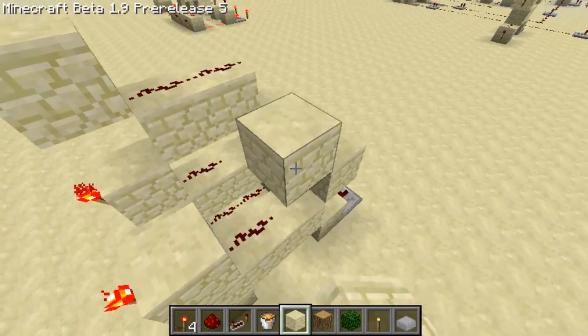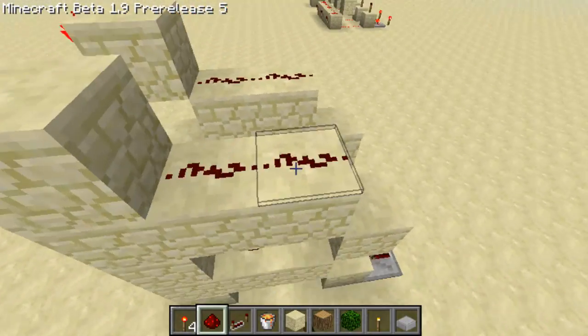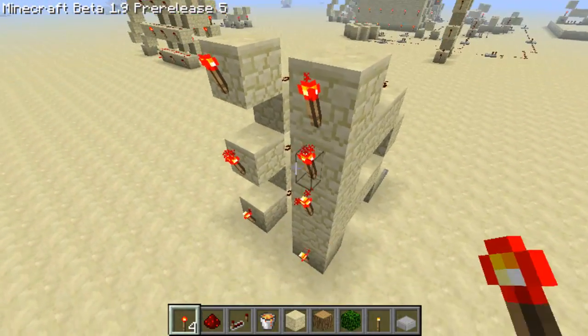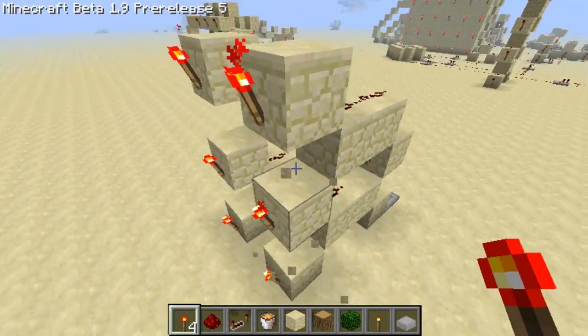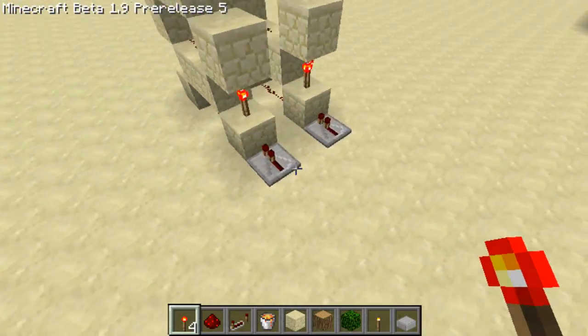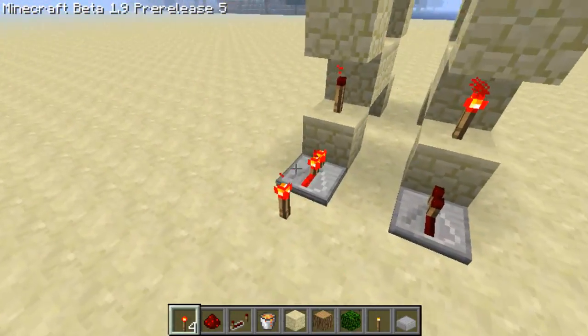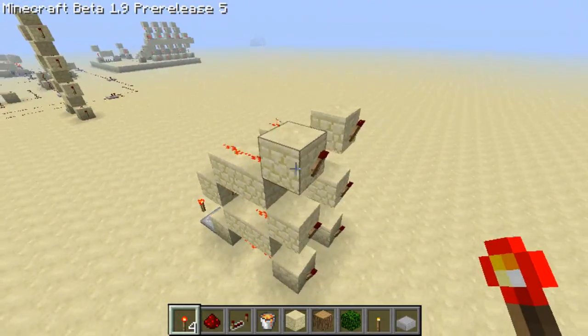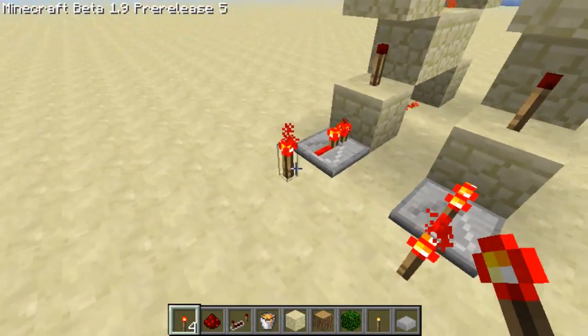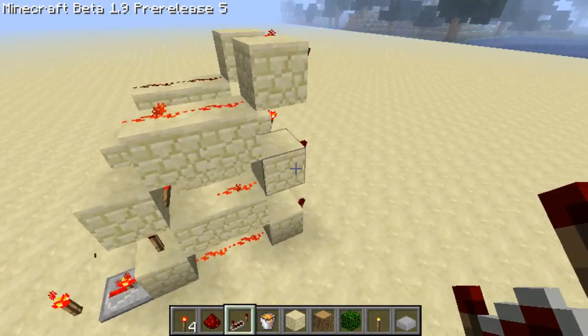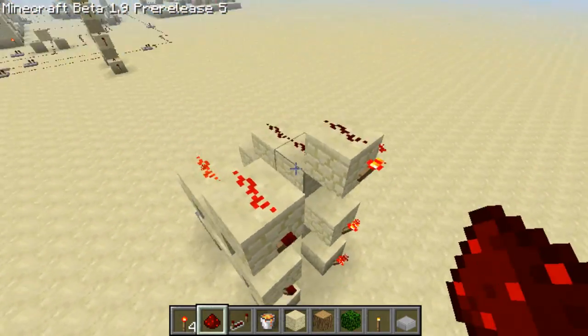There you go. So now we have the 2 columns that we can both turn off, just like that. Now for the rows, what we can do is we just block off these top bits, but we don't want the